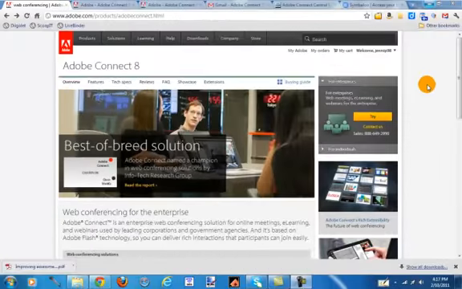The first thing you need to do is go to the Adobe Connect homepage. Once you arrive at the homepage, you will see in the top right hand side here a button to try Adobe Connect. So click on that button